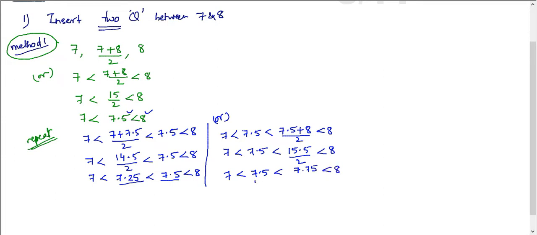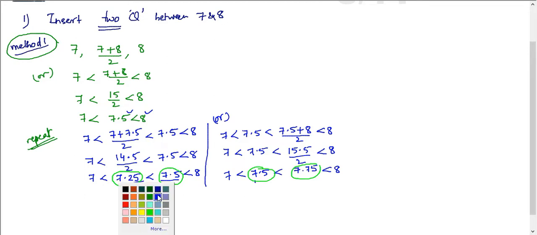So the two inserted numbers I can write, I will show you with a different color. Number 1, number 2 here. You can get this like this or like this. So anything is correct. Method 1 is you take the two numbers, take the average or mean of those two numbers, and insert the number between the two given rational numbers. Now again, if you want one more rational number, then you have to take the average of either these two or these two. Let us solve one more question so that it is much clearer for us.